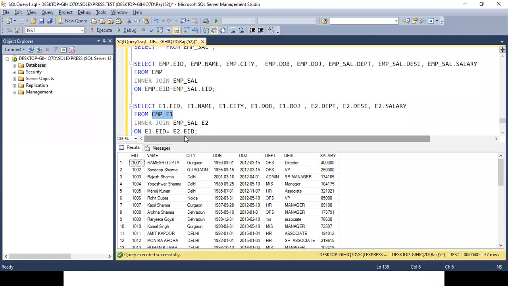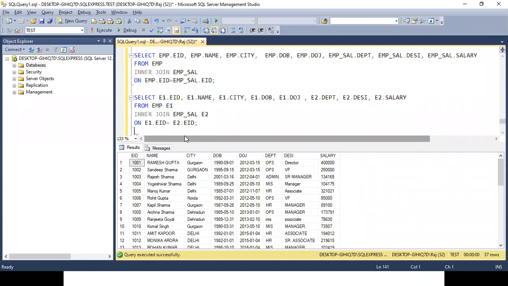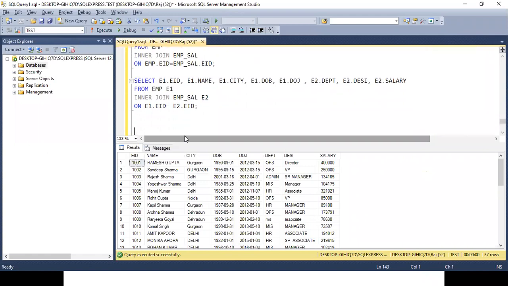Because we are dealing with two tables, with similar fields, and there should be a sequence of which field we want first and which field we want after. Okay. So let's try to make this query even simpler for you.